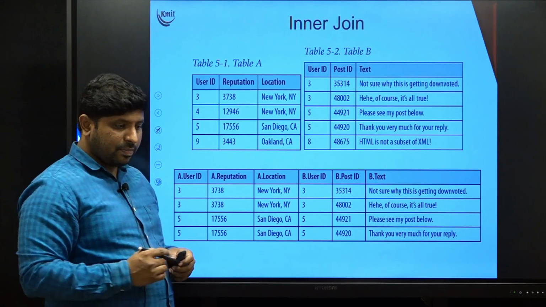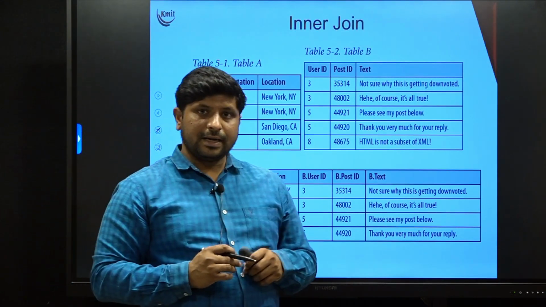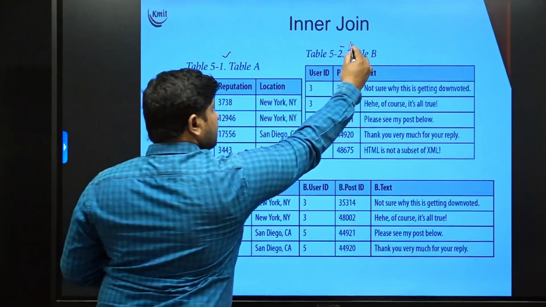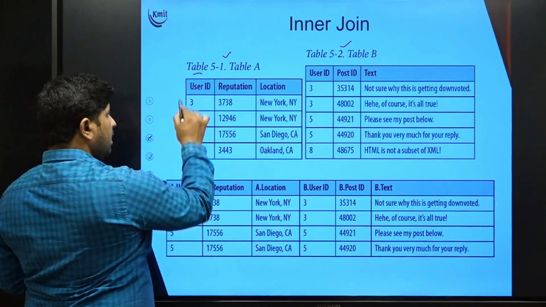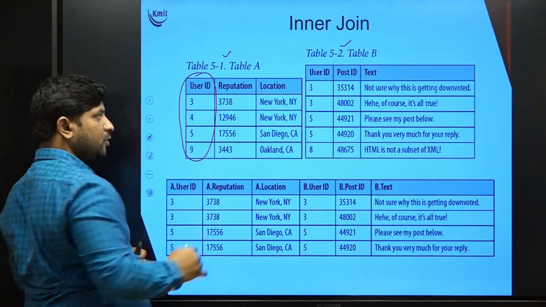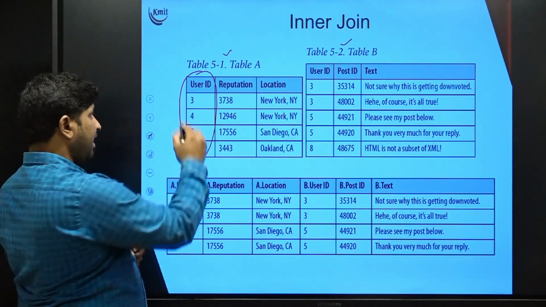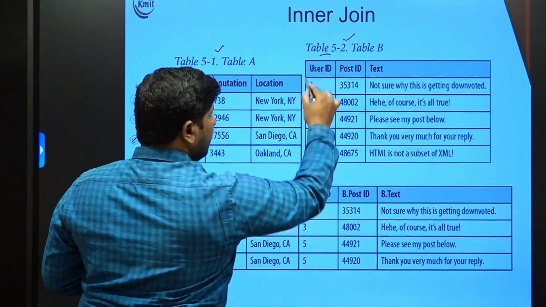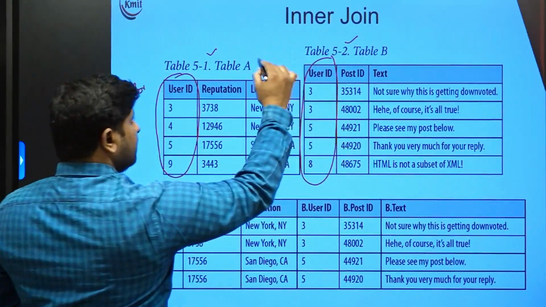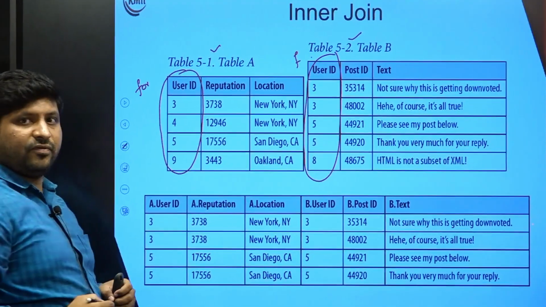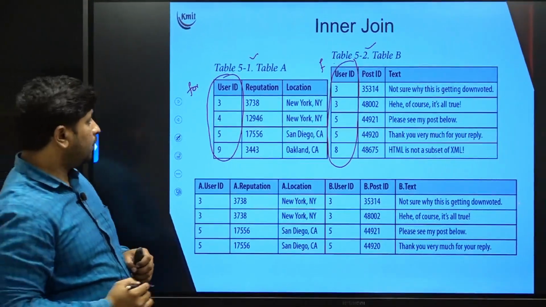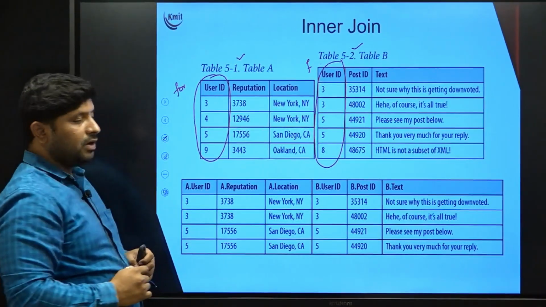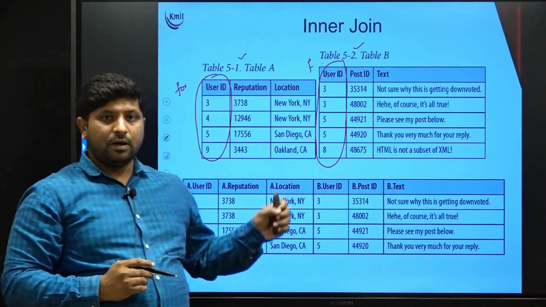To brush up on joins, let us take an example. Suppose we have two tables, table A and table B, where table A has three fields, out of which user ID is treated as a primary key, and in table B user ID is treated as a foreign key, which I am referring to as F. When we go with joins, firstly we will see inner join. How will inner join be applied? Common